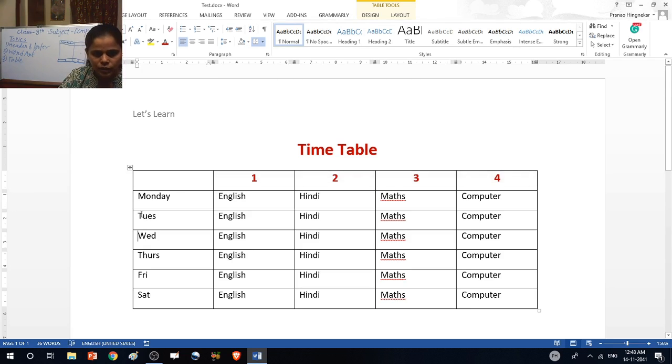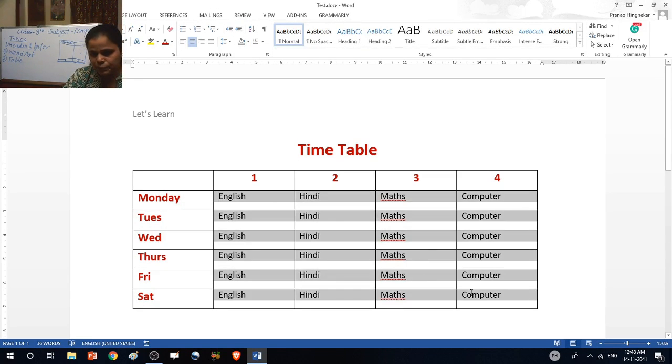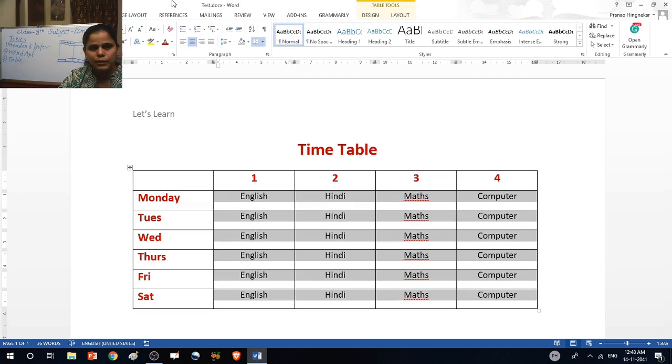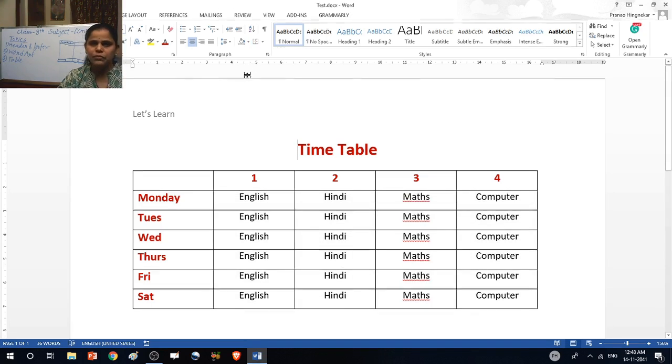Okay, select the column of the heading, days, then size 14 and bold. Okay, then select the remaining part of the text, and then click on this center option. Size 12. In this way you can format this table.